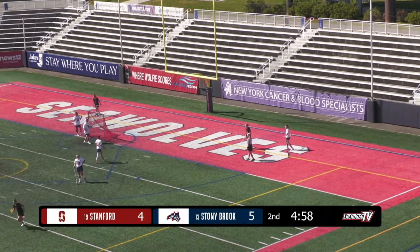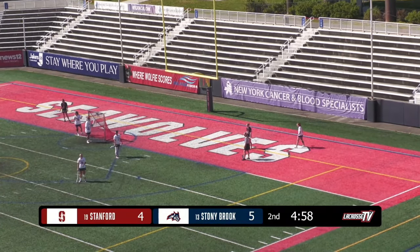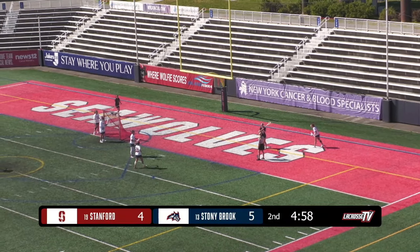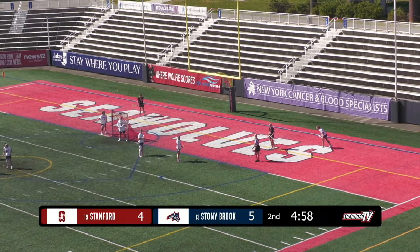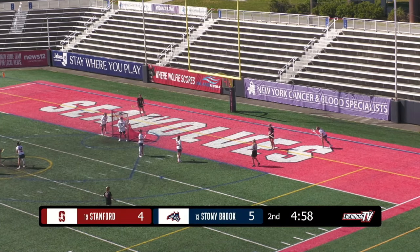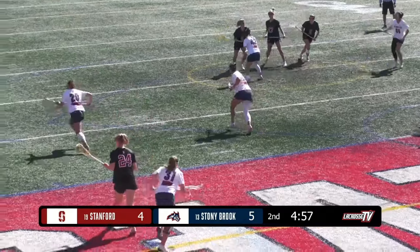An inverted play coming up here. Macquarie gets called for the foul. We'll see if this actually does lead to a player advantage. We'll have her starting at the dot there, so not necessarily in the critical area, just right outside of it. So restarting the play. Stanford kind of getting some new personnel out there. So a stop of the clock so that the referees could make sure there was the correct time on the